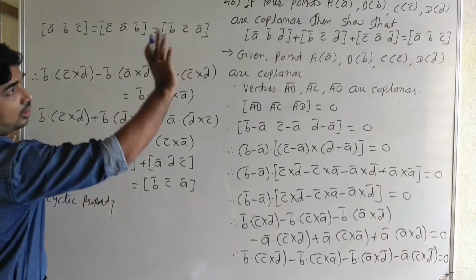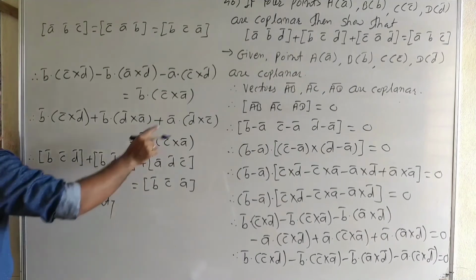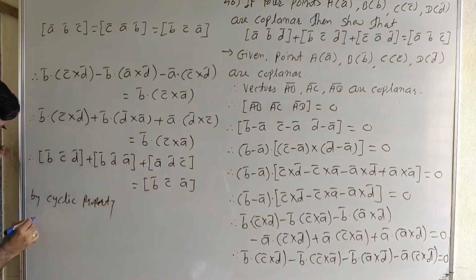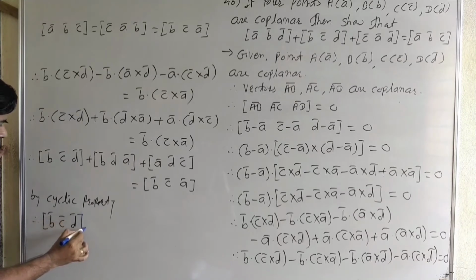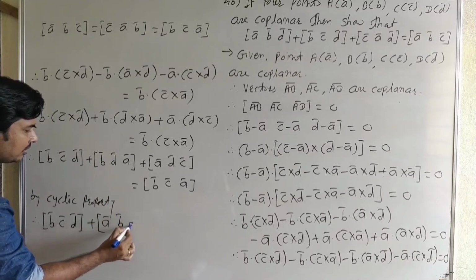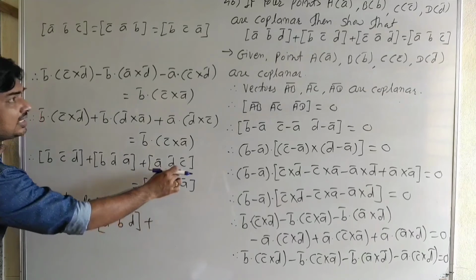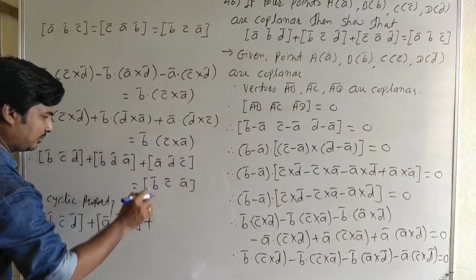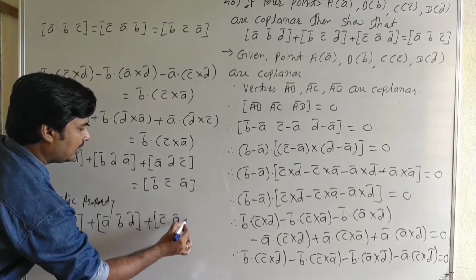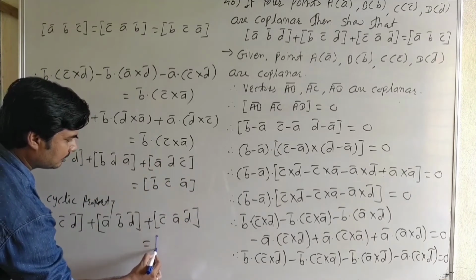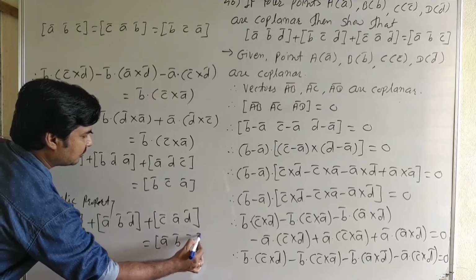here BCD, we have BCD. Okay, here BDA, but we have ABD. By cyclic property we can write A first and then BD, therefore we can write BCD as it is. Second term BDA, we can write here ABD. Okay, plus ADC, but we have CAD. ADC, we have CDA, then C gets first, and here we have A, B and C, A gets first and then it is A, B and C. Okay, see carefully.